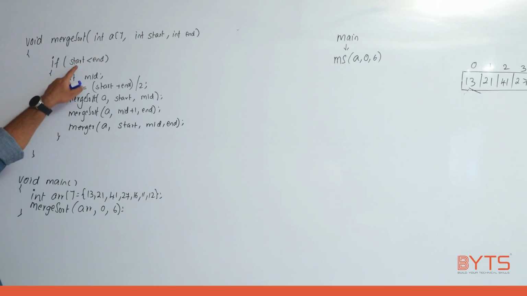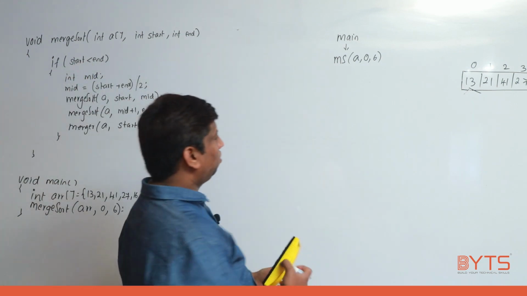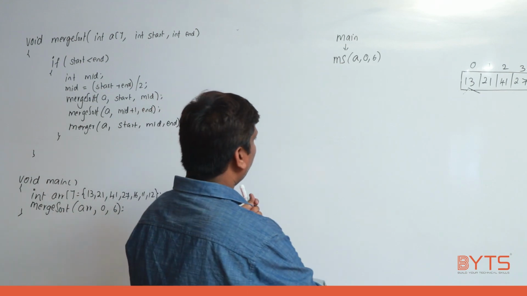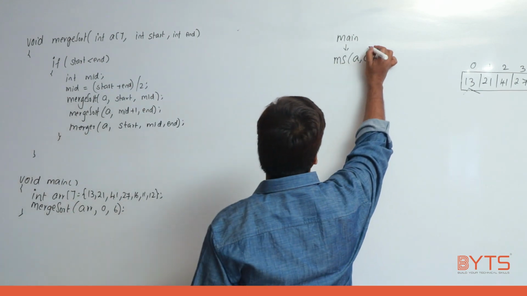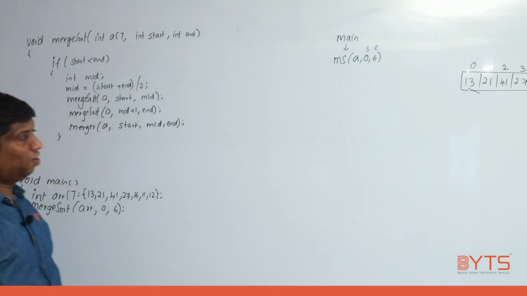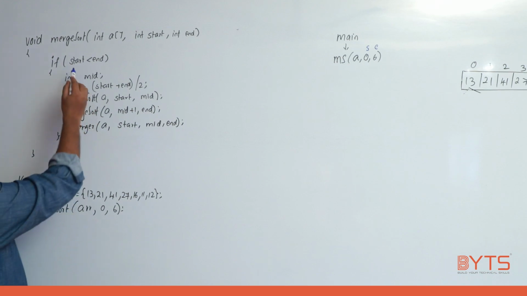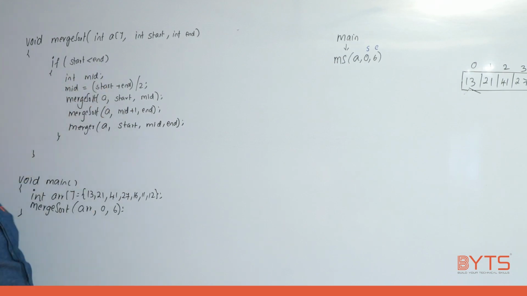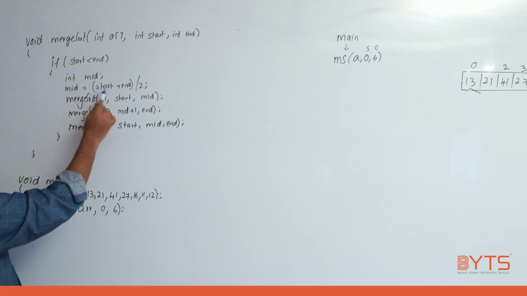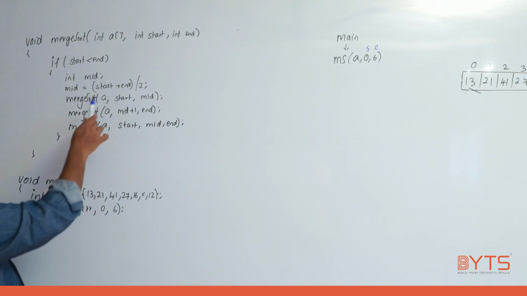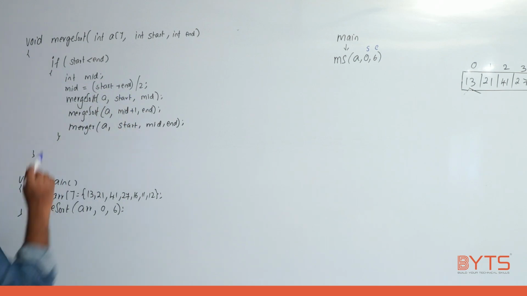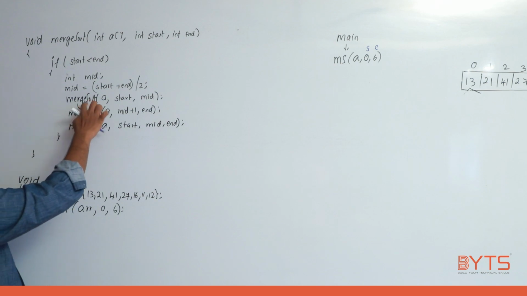Now tell, what is the value of start? This is start, right? Just listen carefully. Always in merge sort, the first value will be start, and end is 6. Now listen carefully, a very important point I am discussing. Now what is the value of start? Start value is 0 and end value is 6. 0 less than 6, true. Mid: start plus end means what? Start value is 0, end value is 6. 0 plus 6 is 6, by 2, that is 3.